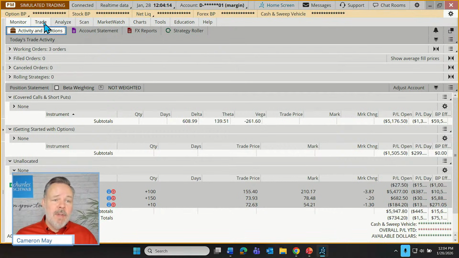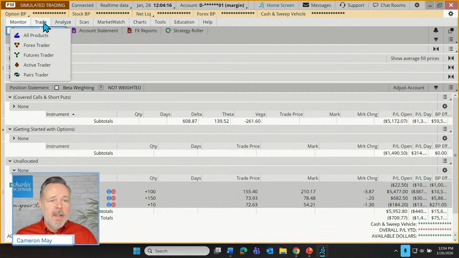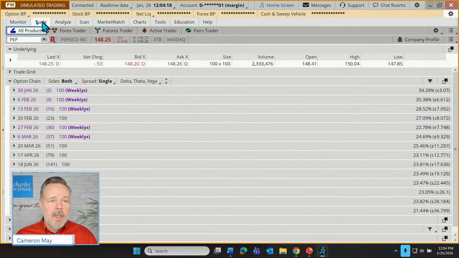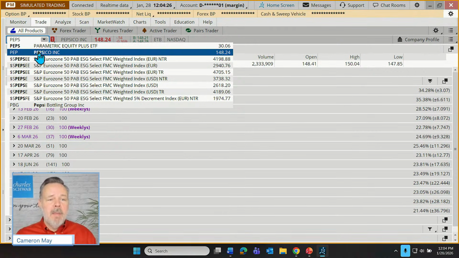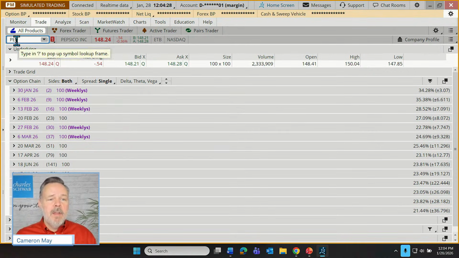And that is, we just go to the trade tab. We want to place a trade. Let's go to trade. So we go to the trade tab. We can type in our symbol here if we know it. If we don't know it, we can start to just type in the security name, and the menu will propose the symbol that we might be looking for.